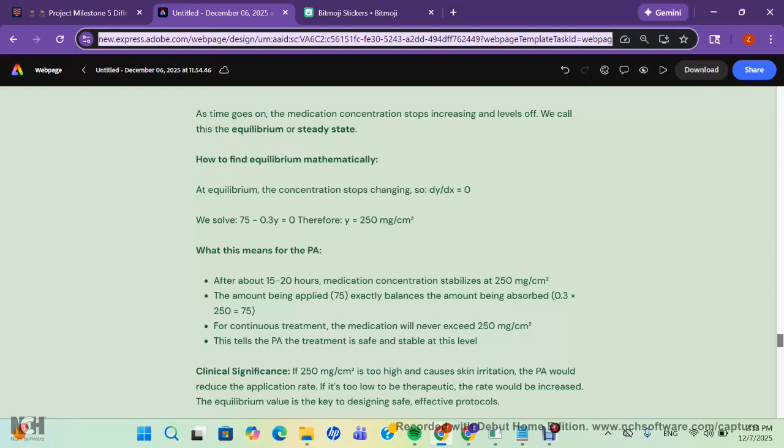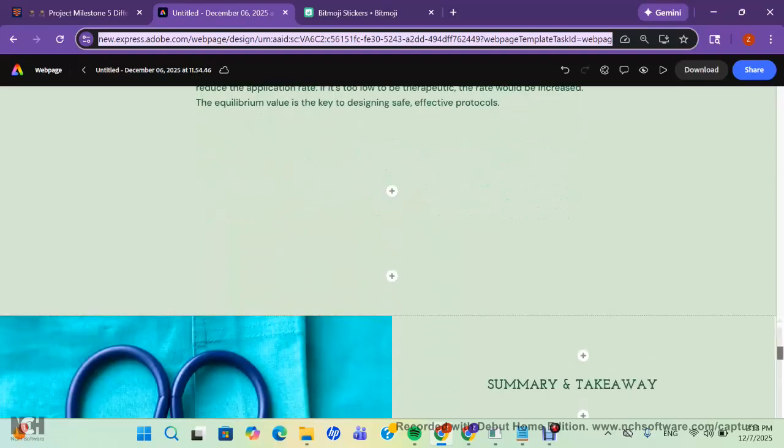So what does the equilibrium tell the PA exactly? The medication will never exceed 250 milligrams per centimeter squared with continuous application. If that concentration causes irritation, reduce the application rate, and if that concentration isn't therapeutic enough, increase the application rate. The treatment is stable and predictable after about 15 to 20 hours. So to summarize what we learned,